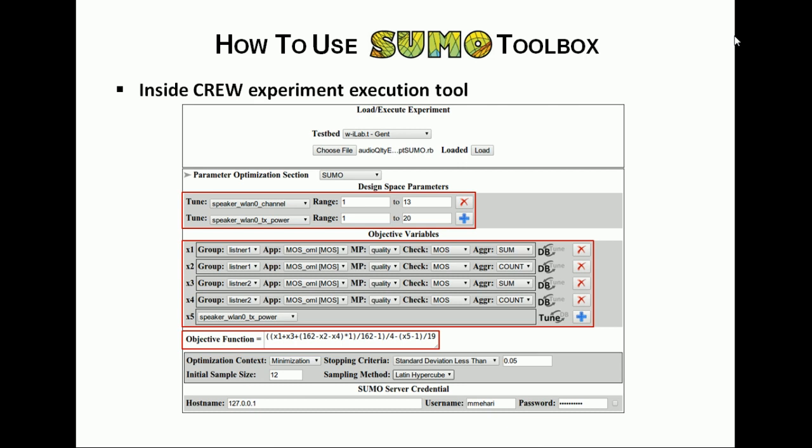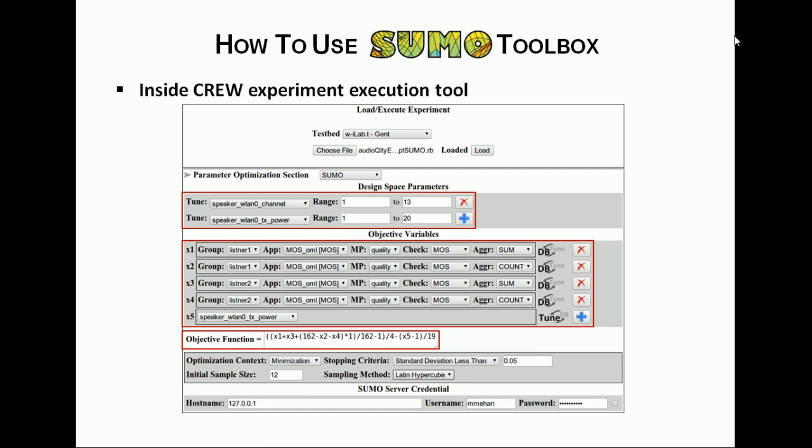The execution tool will then start the experiment using the first design parameter, and after that it calculates the combined objective. Next, it will call the SUMO optimizer, which internally calls the MATLAB script we have seen, to calculate the next sample point. And using the next sample point, the execution tool again conducts a second experiment, and this process continues until the